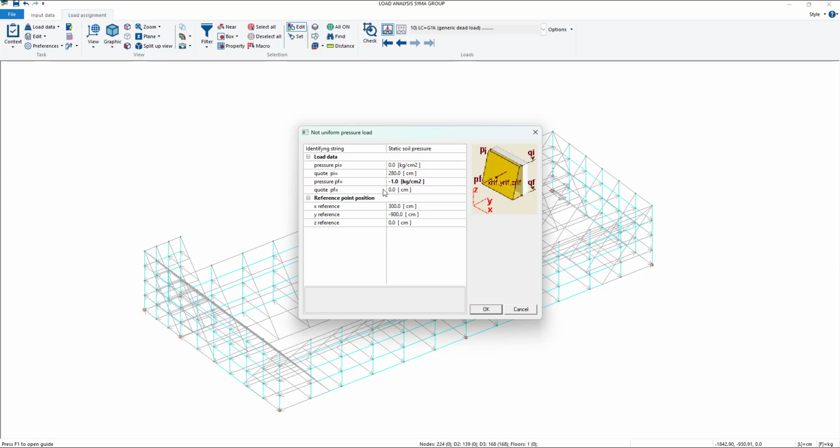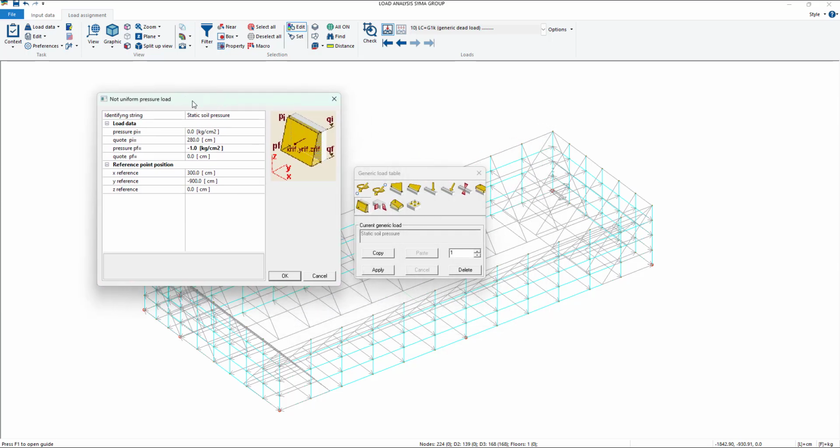This is better than having a positive sign, because with a positive sign I would have had to generate 4 different generic loads, each one with a different reference point position placed outside the structure in the specific point. This way, I can define just one with the reference point internal.